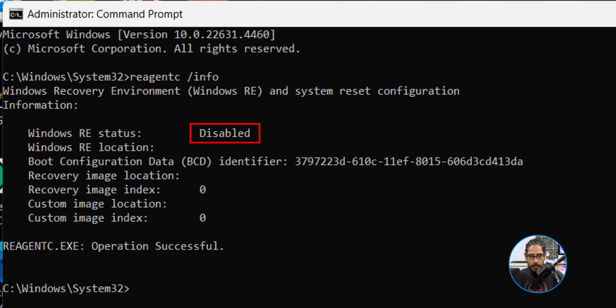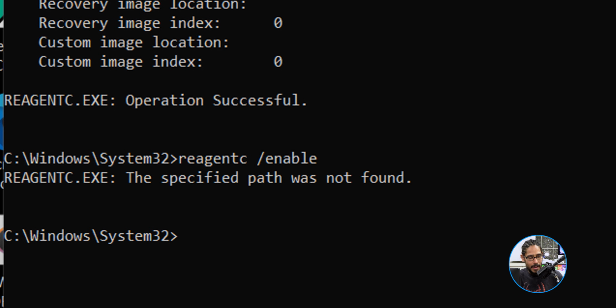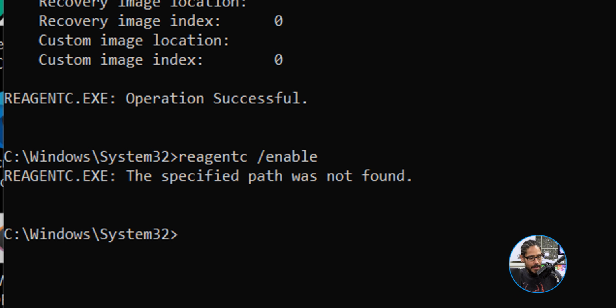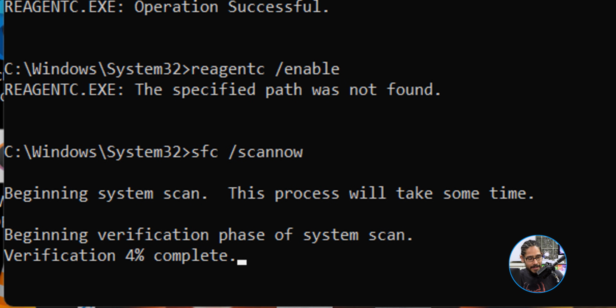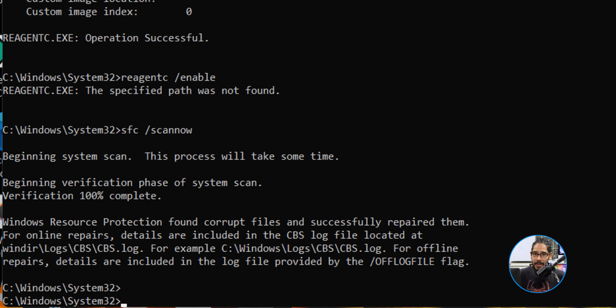It should be enabled. So to enable it, really simple command. We need to run this. But me running it, as always, I'm going to have a problem. When I hit Enter, I receive this. So the first command that I did to do basic troubleshooting is I ran an SFC with a parameter of scan now. It started scanning. It did find some stuff, a bunch of files that were corrupted, and it fixed it, which was great.